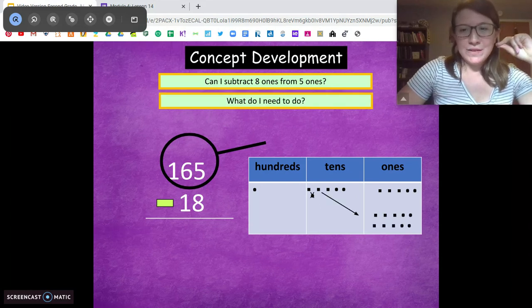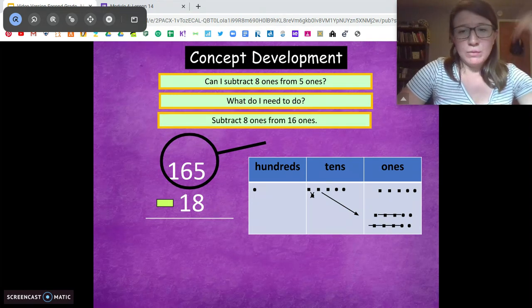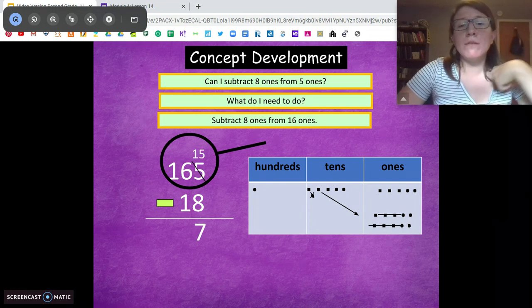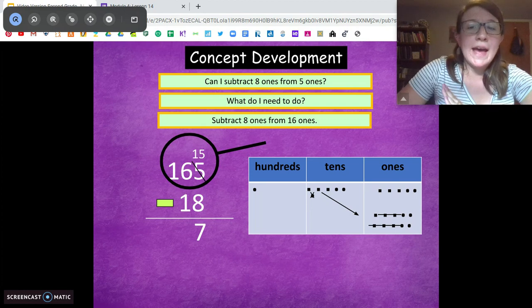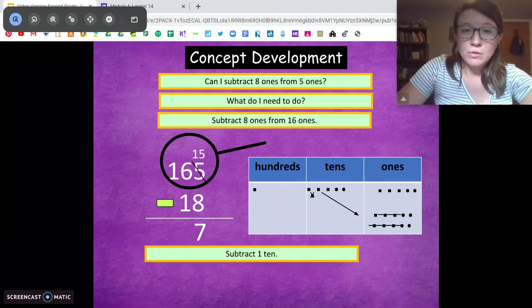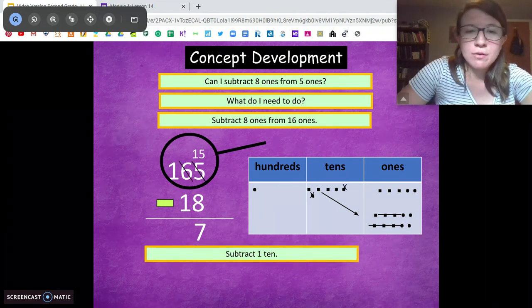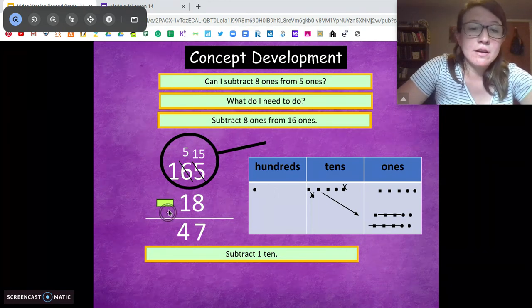Cross and move, right? Okay, now we should have 15 ones, but that's fine. We're going to move them over, and we get 7. Cross them off and move them over. Now, we have 5 tens over here. Can we take 1 ten from 5 tens? We most certainly can. Cross that off. We get 4 tens. And same thing here, because there's